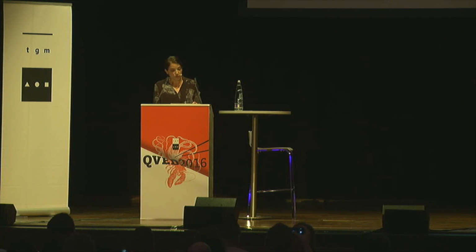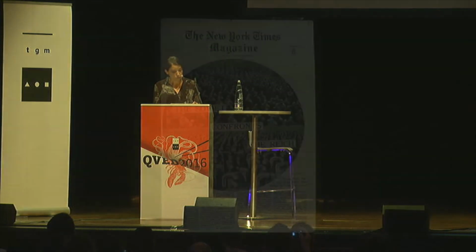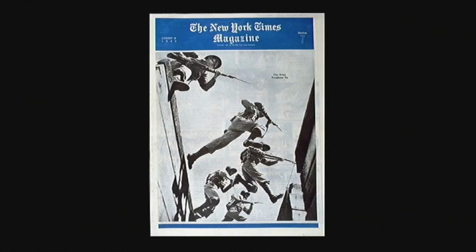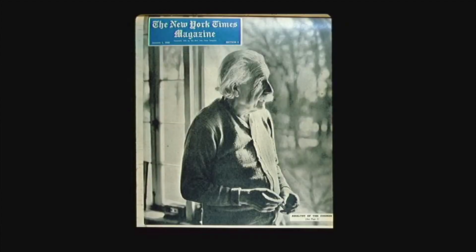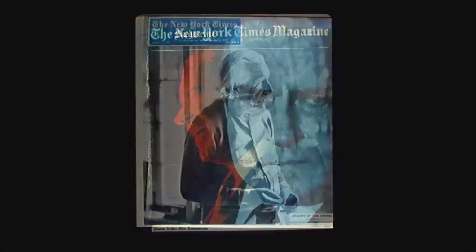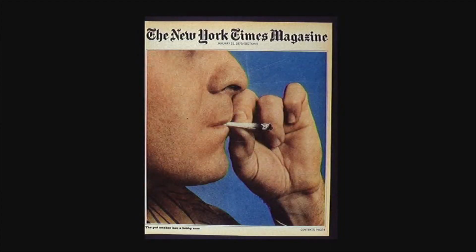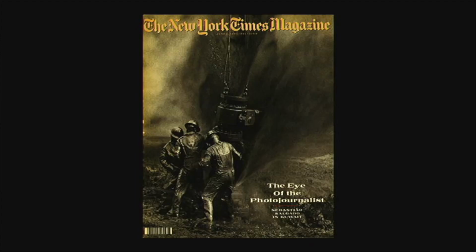So this is a cover from 1936, and then the logo stacked. One from 1942, one from 1950, 1969, 1973, 1991,